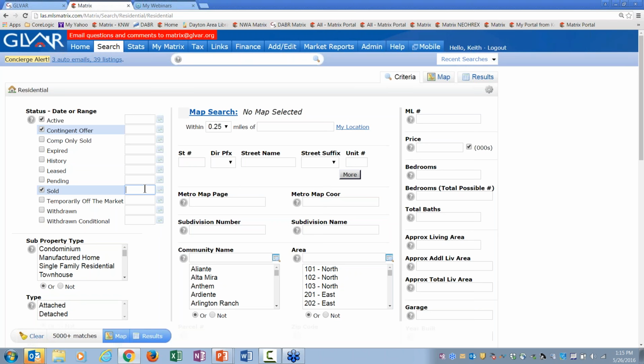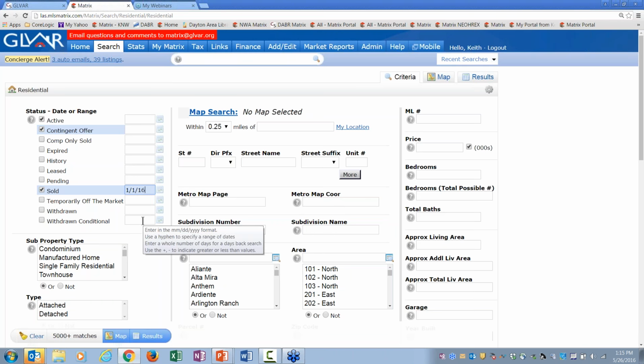And for Las Vegas, when you say solds, you're going back an entire year, because once listings are sold more than a year, they become history. And then the remaining 9 years of that listing, it'll be in the history tab. So we keep them for 10 years. The first year they're sold, and then the remaining 9 years they're history. Okay. But yeah, you can change the days back, or type in a date, such as